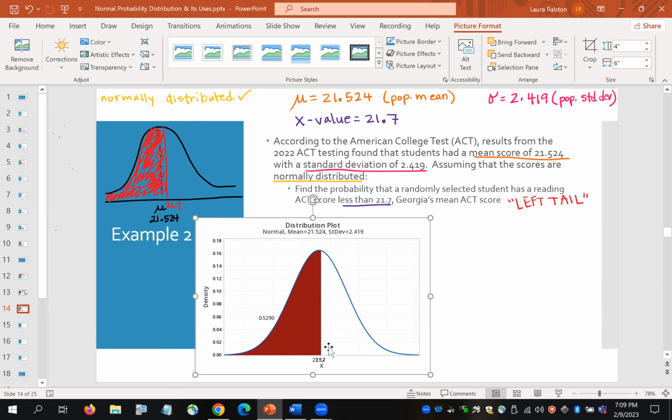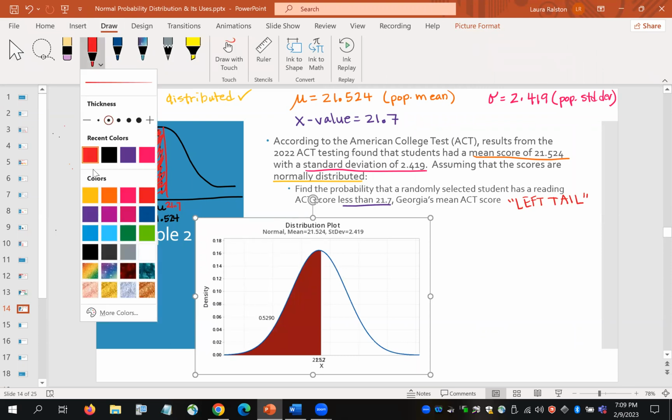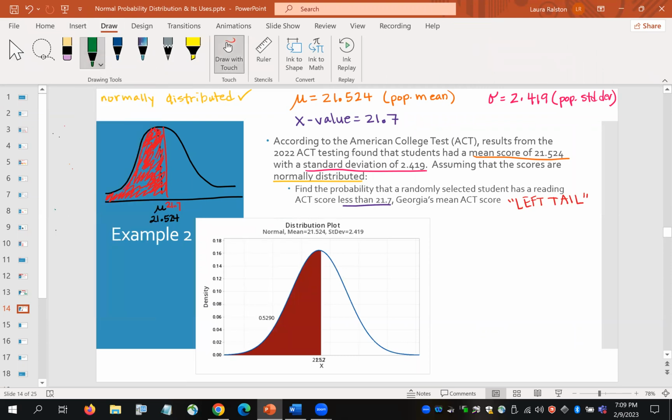Now the numbers here on the X-axis do get a little jumbled, but I don't necessarily need them because what I'm looking for is the area, this red shaded region, which is this value that's kind of hanging out in space. Okay, so it is 0.529. So if we write our sentence, and you're not required to write a sentence, really, I'm mainly looking for this value, but so that you understand the explanation, it is the probability